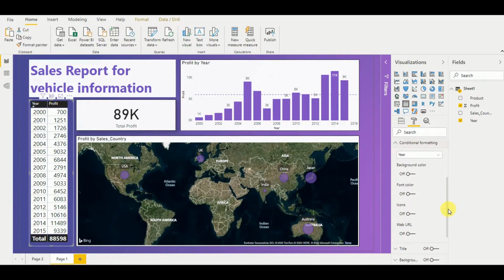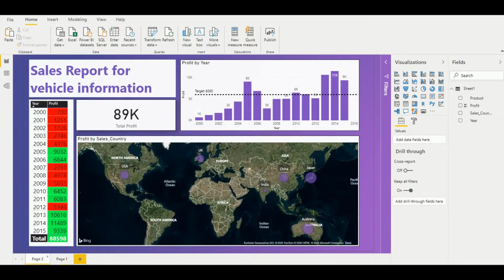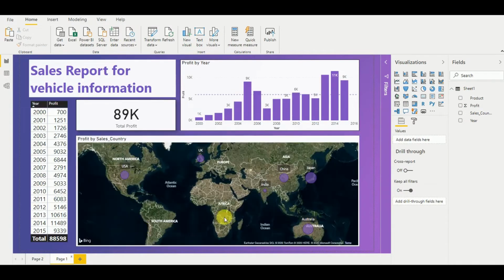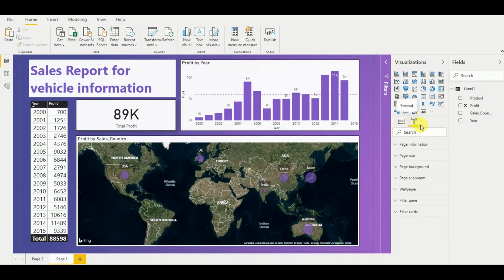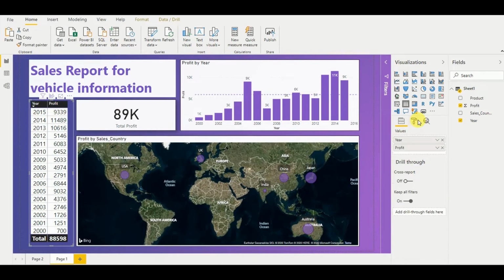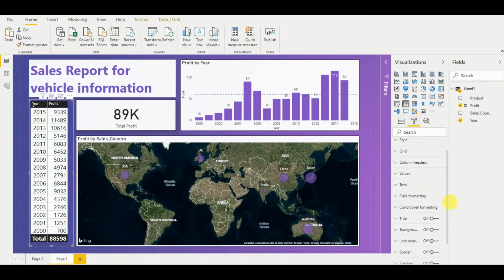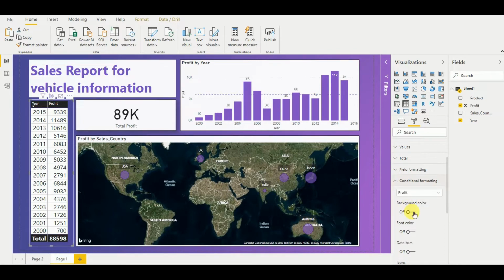Here I'm going to add conditional formatting to the profit column. I select conditional formatting, select the field as profit, and I want to add the conditional format to the background.